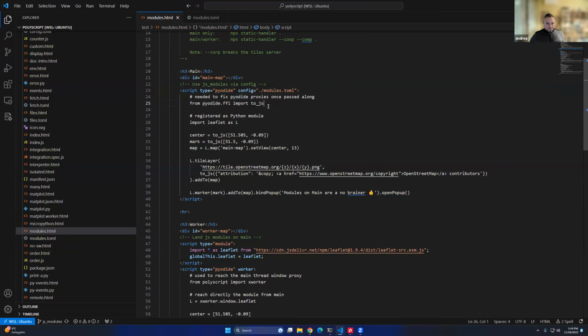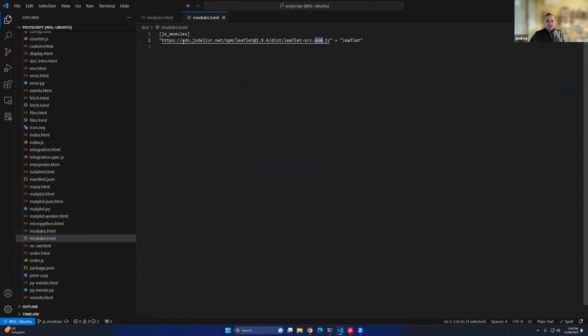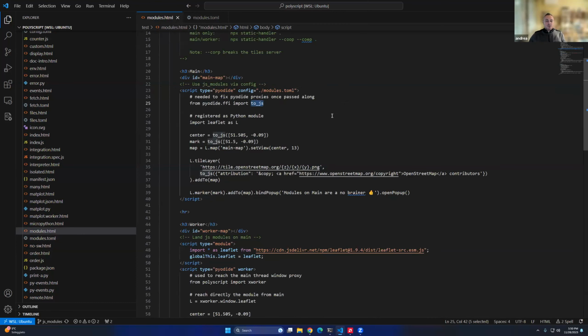In this case, I'm using PyDot FFI because in the main config I'm using JS modules, this file and leaflet, to actually register. There is a PyDot feature called register JS module, and I'm registering exactly that imported module into the PyDot environment. So I can use the Pythonic way of importing things, like import leaflet as L. I'm using L capitalized because all the demos around leaflet use this L,